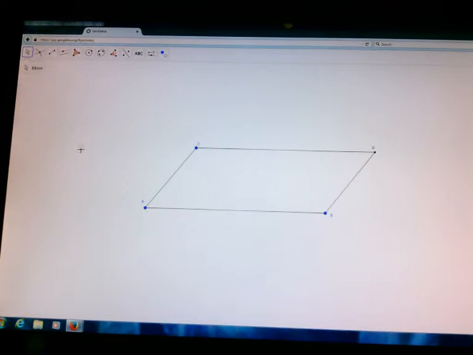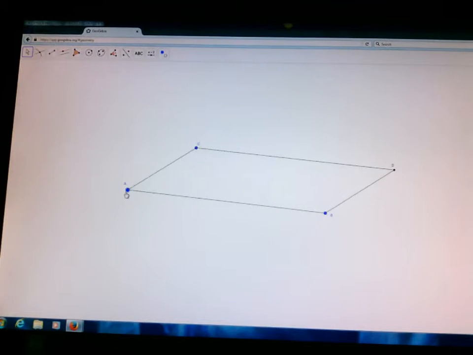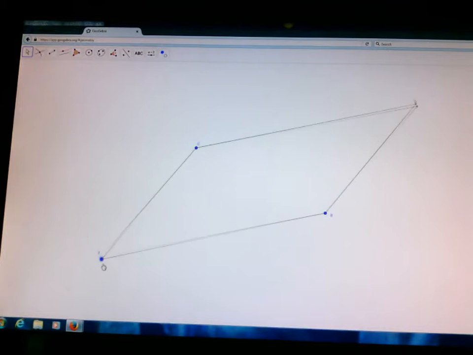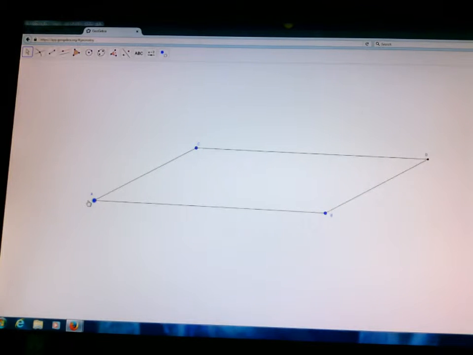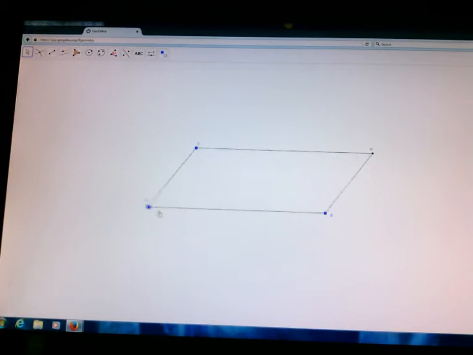Now, however, since these points C, D, and B were defined to be on those parallel lines, when I move point A around, I'm still going to have a parallelogram. It's going to still keep that definition that those opposite sides need to be parallel. So that can be useful. Think about some of the things that we were able to